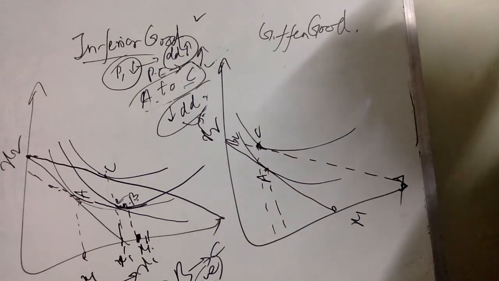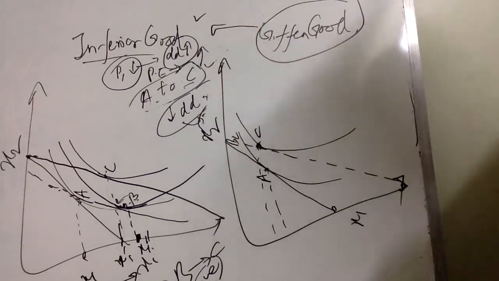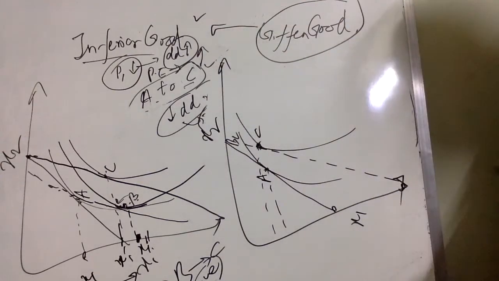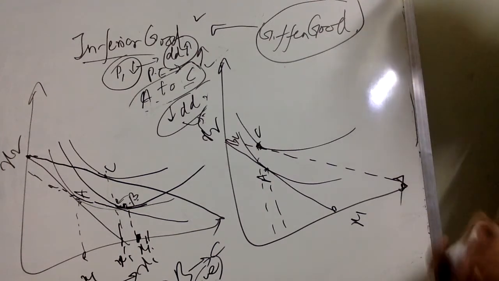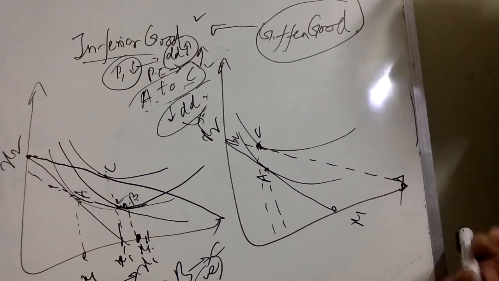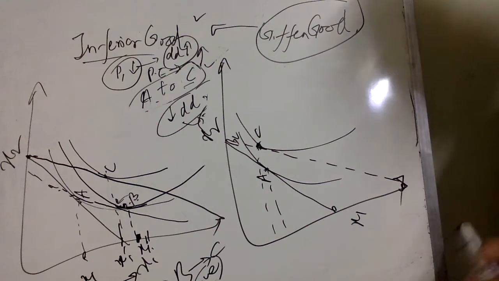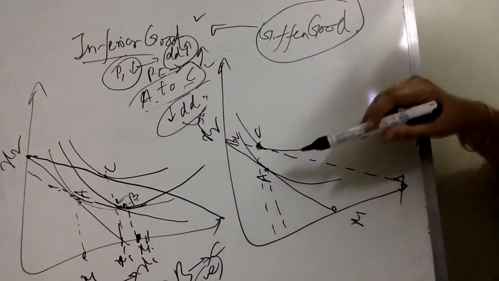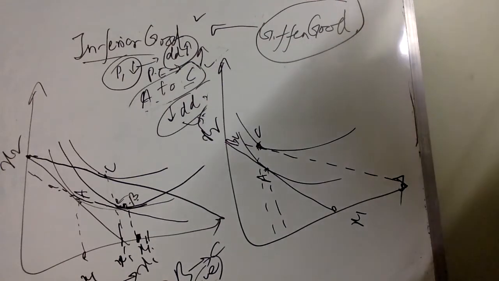Okay, let's decompose the effect. A Giffen good is a special case of an inferior good, an example of which could be, say, potato. It's quite possible for some consumers, as the real income is rising because of the fall in price, that their demand will actually fall because people may switch their demand toward more superior goods. So let's decompose the effect into the substitution and the income effect.